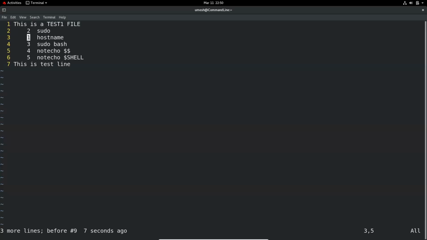And let's say you delete this one and you undo it, but if you want to redo it again, then Control R. So it got deleted again. If you want to delete, let's say, not the whole line, but from here to the end only, you can simply do Shift D, which is also capital D, and it will just delete the line from the cursor to the end.